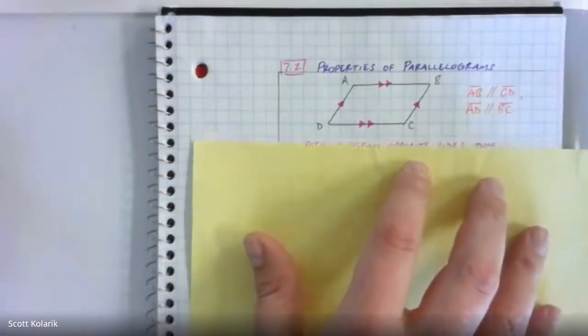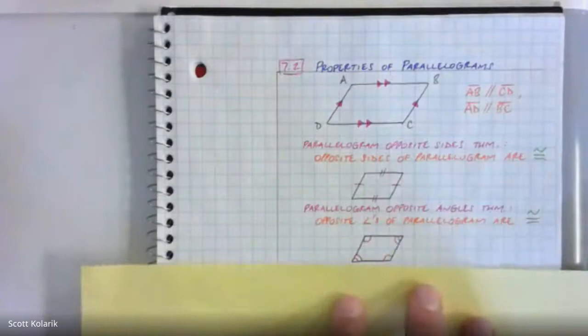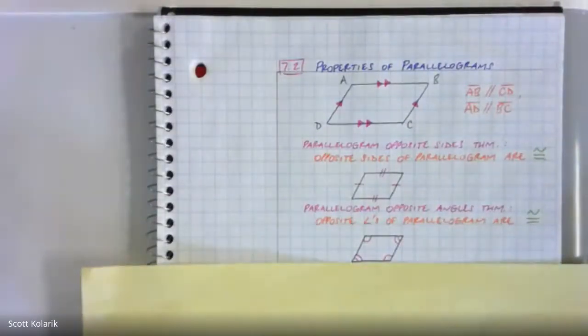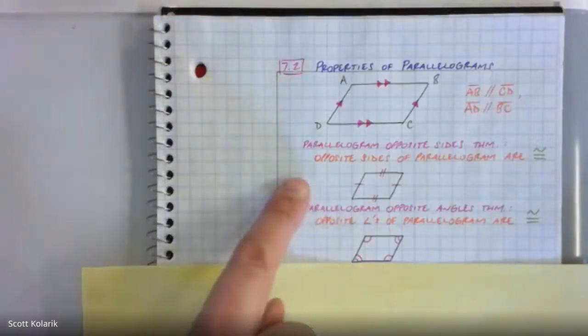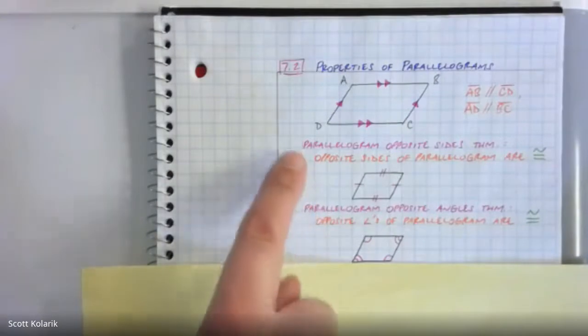All right, so let's talk about the first two major theorems. Here are the first two major theorems regarding any and all parallelograms. So not just the one you see on the paper, but anything else that is also a parallelogram. First off, parallelogram opposite sides theorem. Now, one thing I want to point out here, I'm never going to expect you to